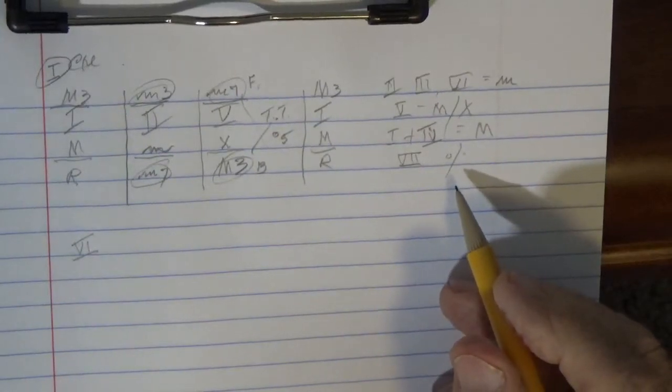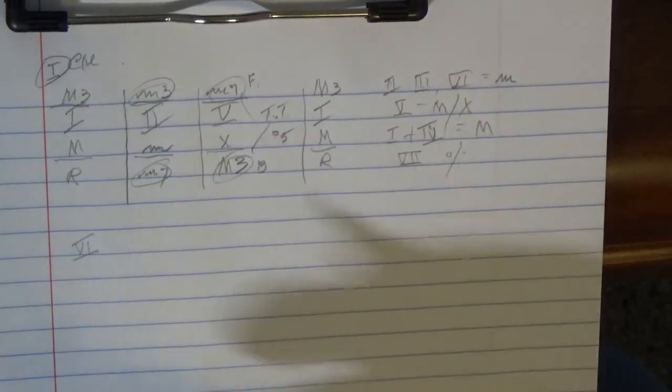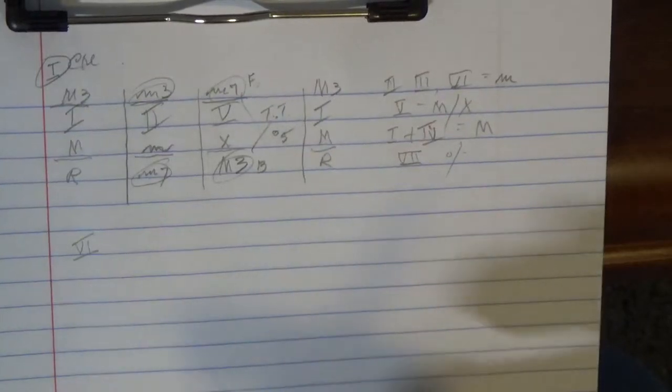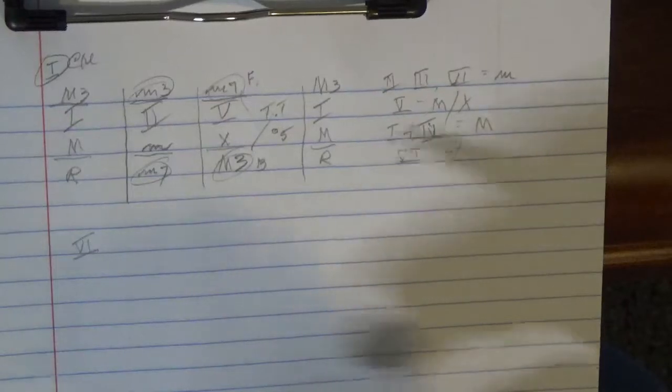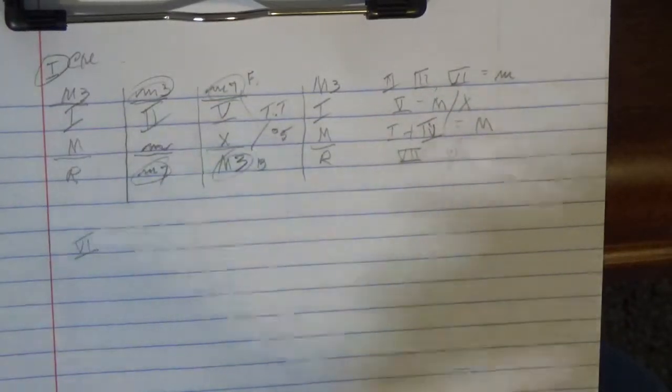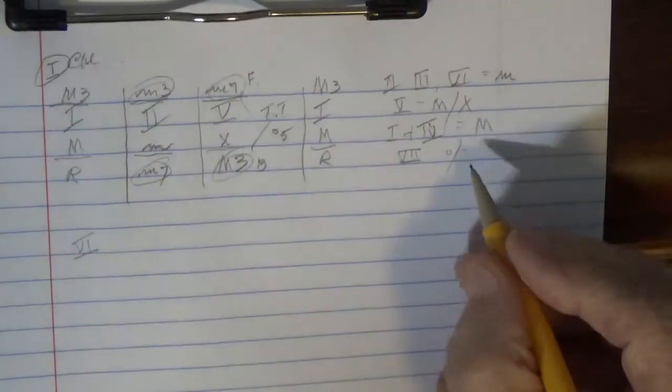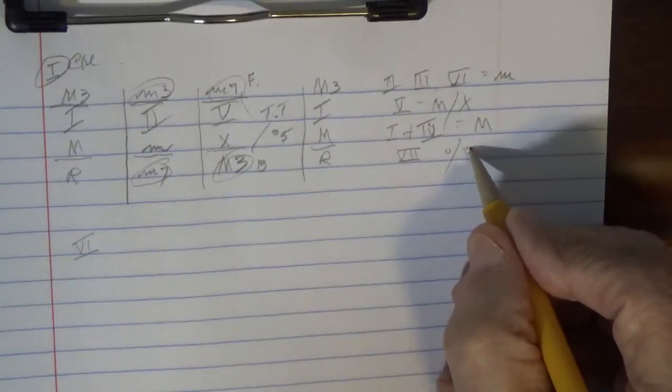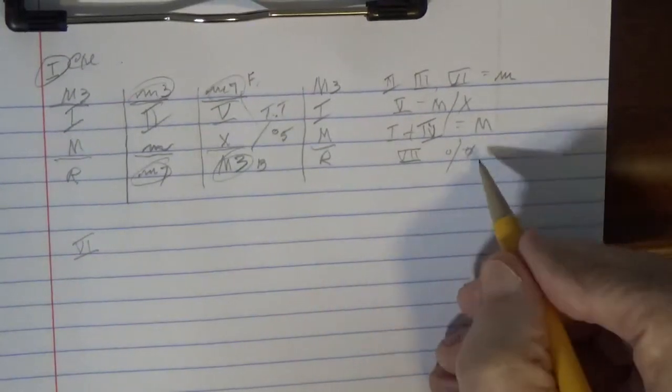B, D, F, A. F to A is a major 3rd. So you have a diminished triad and a major 3rd on top, or a major triad and then a minor 7th. So that's a half diminished. So there's your lineup of